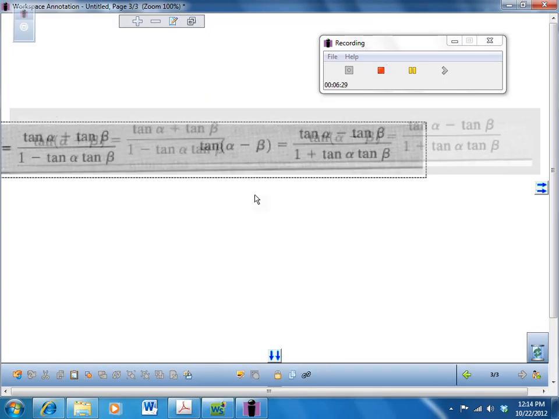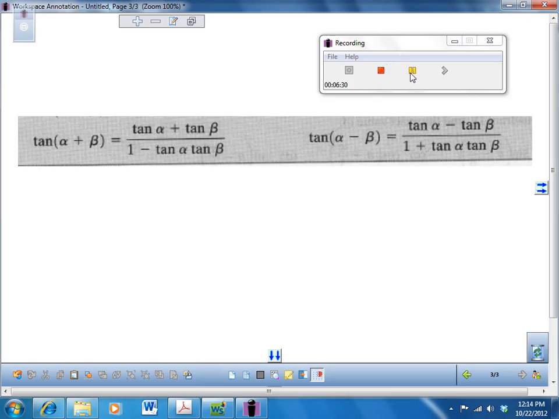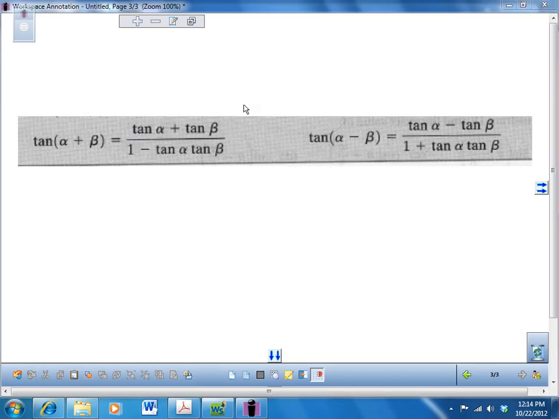So these are the 2 formulas that you need to know for today, tonight's homework, and it's just another formula that you should probably commit to memory. And note, so tan of alpha plus beta is tan alpha plus tan beta over 1 minus tan alpha tan beta, and if it's minus, then these are minus, and this is plus. Right? So let me give you an example to show you the way that works,